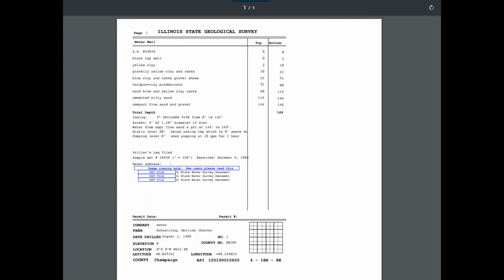We're right now in the middle of including the actual scans of the original well logs, which is what the Water Survey has, and that's the blue that's on here. If you're in Illinois, not every well you look up will have this blue where it says get the file from the Water Survey. But if you do that, you can see the actual original log that was scanned. This is from 1968. I know there was a question about what should be on a log, and I'm not going to cover that at the end, but this is a pretty well filled out well log.